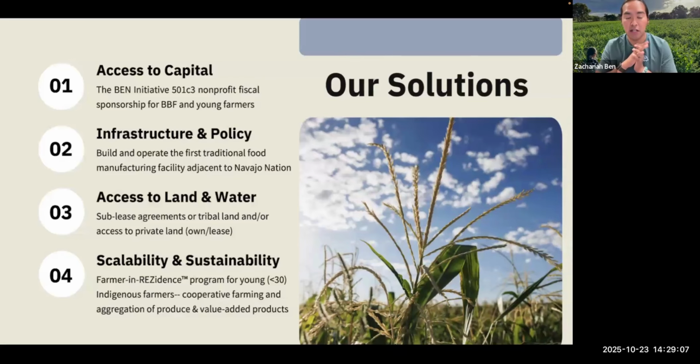Number three, access to land and water. So sublease agreements on tribal land or access to private land owned and leased. So sublease agreements have been getting us by on the tribal lands. And so instead of going through the whole formal process, which could take 5 to 10 years to finally transfer farmland, a home site lease, or grazing rights over to the next generation, who's going to wait 5 or 10 years? So in order to navigate around that, we were able to get sublease agreements in place for